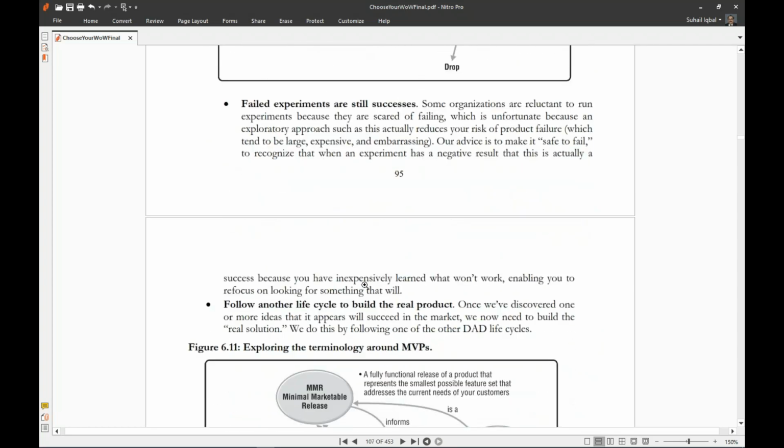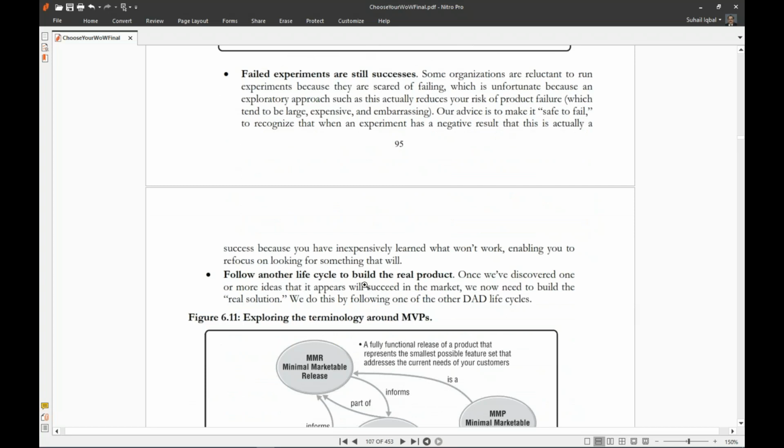Failed experiments are still successes. Some organizations are reluctant to run experiments because they are scared of failing, which is unfortunate because an exploratory approach such as this actually reduces your risk of product failure, which tend to be large, expensive, and embarrassing. Our advice is to make it safe to fail, to recognize that when an experiment has a negative result, that this